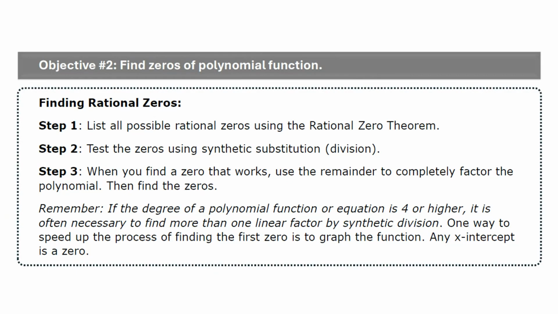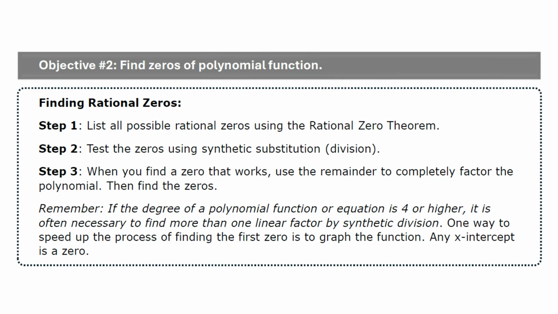Objective 2, find zeros of polynomial functions. So we are going to now find the actual zeros of our polynomial function. The first step we're going to take is we're going to list all the possible rational zeros using the rational zero theorem. Then in step 2, we'll test the zeros using synthetic substitution or division. Step 3, when you find a zero that works, we'll use the remainder to completely factor the polynomial and then